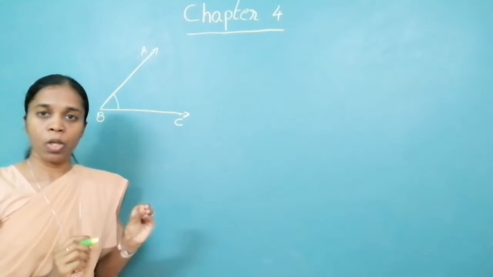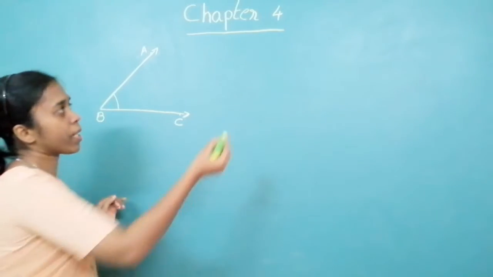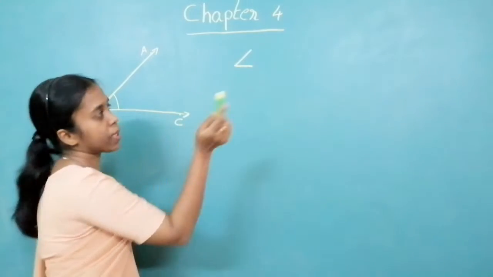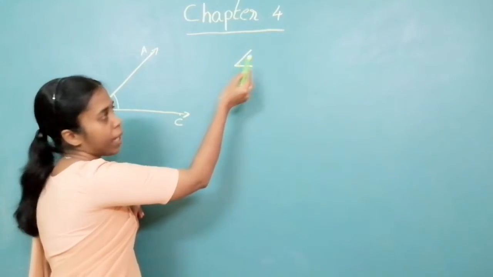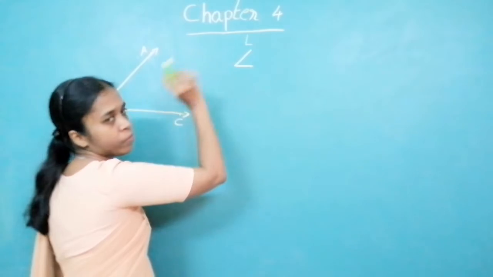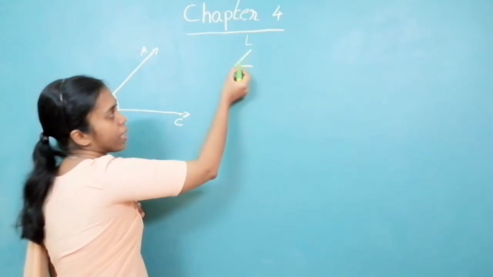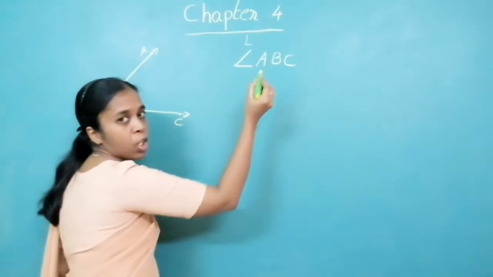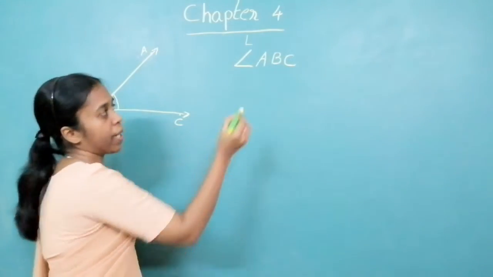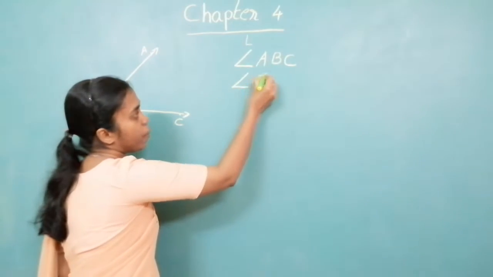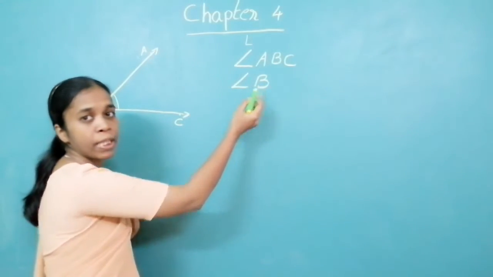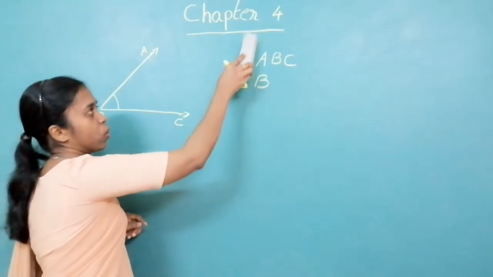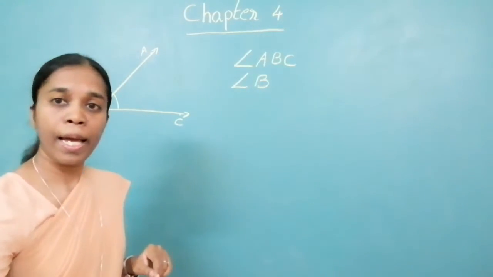Okay? Now, how do I write this angle? When I write the angle, this is the symbol for angle. Please take care, this is a slanting line. I did not put it as L. I have drawn it as slanting line, angle ABC, or in single letter I can say it as angle B. Why do I say B? Because it is at this vertex B that the angle is created. Okay, this is how you name the angles.